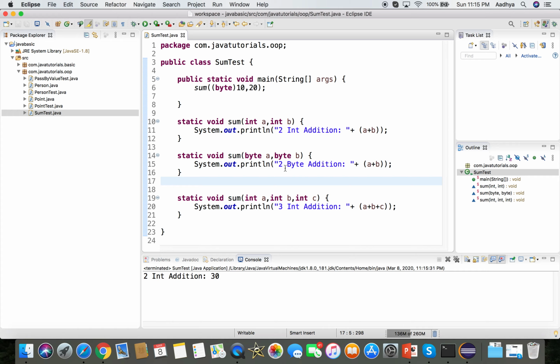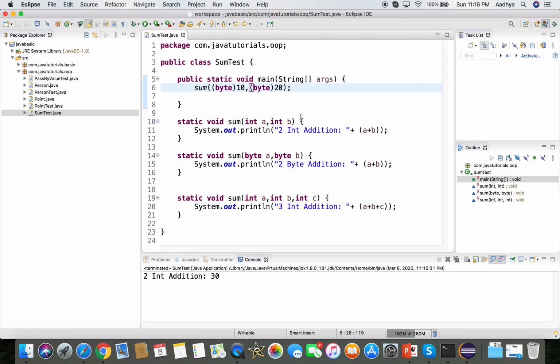Integer is 32-bit and the byte is just 8-bit. So you cannot have a bigger object pushed into a smaller object. It will not do the automatic casting. If I need to do it, I have to manually convert this number. It does not do automatic casting. So integer is a bigger number, and you cannot put that into a smaller container by default. So if you need to call this byte method, you need to again cast it into byte, and then